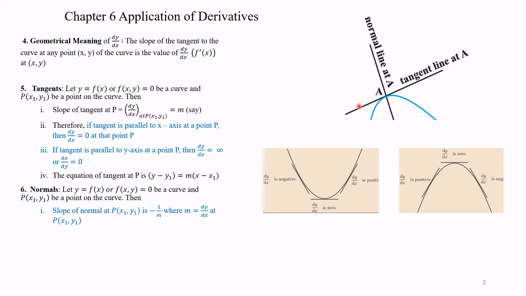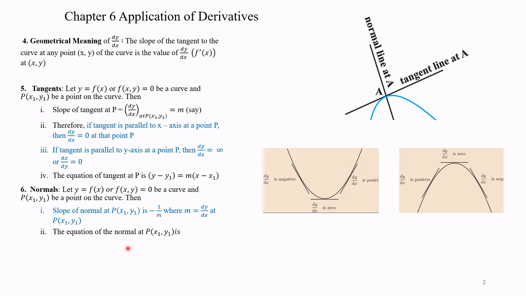See here in this first figure, this is a curve and this is a tangent. The normal is the line drawn at 90 degrees to the tangent. So this angle is 90 degrees. The vertical line is the normal, and the inclined line is the tangent, and the line perpendicular, that is at 90 degrees to the tangent, is the normal.